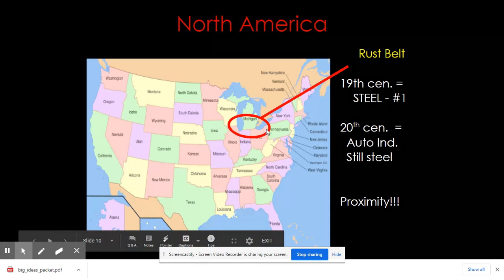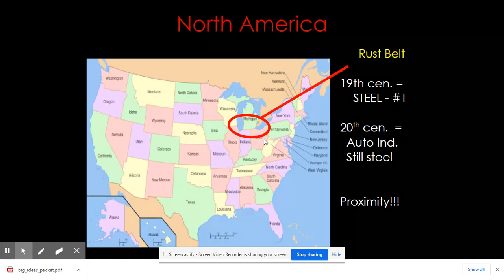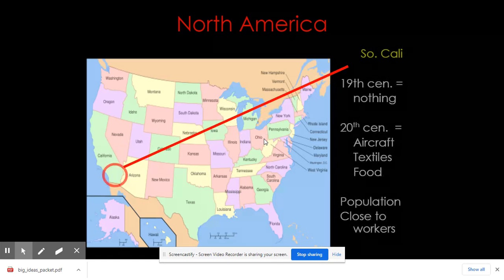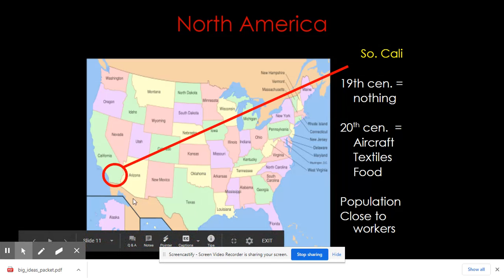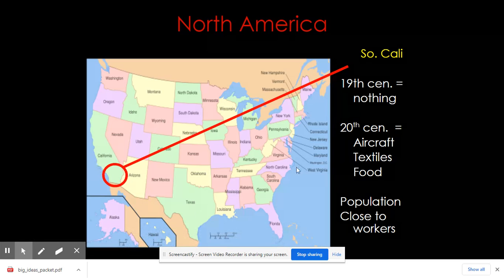And this allows us to make our vehicles and even our airplanes here. This is our steel area. Okay, but then Southern California has lately been on the map as an industrial area for our United States. And what their advantage is they're so close to workers. There's so many people immigrating here to work these jobs that in the 1800s, they weren't particularly known for industry, but now this is one of the fastest growing places to produce aircraft, textiles, and then tons of food. Like, this is really where the majority of the food that feeds our nation comes from, which you learned about